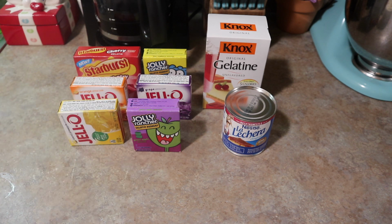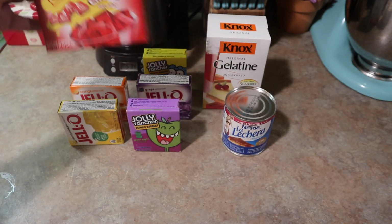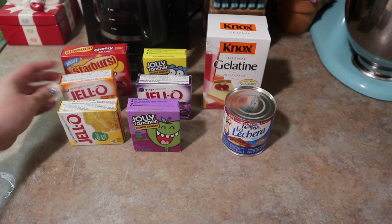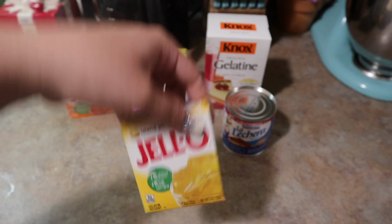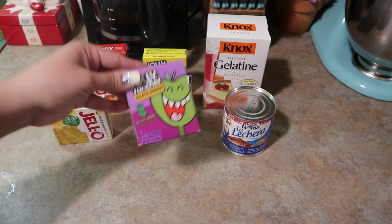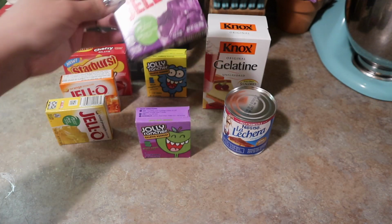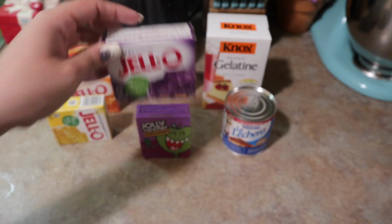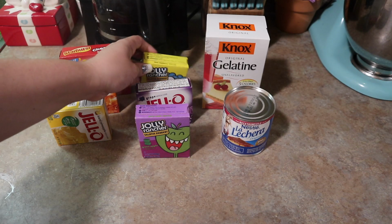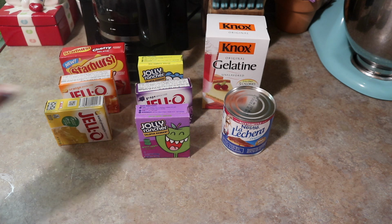And the theme that I'm going for is rainbow. So I have a red one, I have an orange one, I have a yellow one. This is the yellow one. I have a green one, a purple, and a blue. Now I do have extra ones so I can make sure I equal out, but it's always best to have extra jello